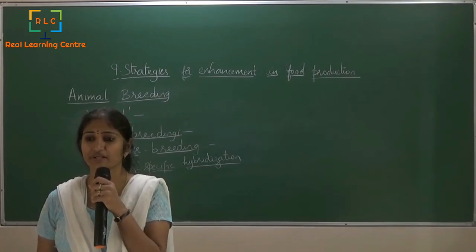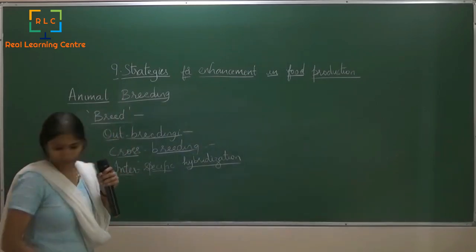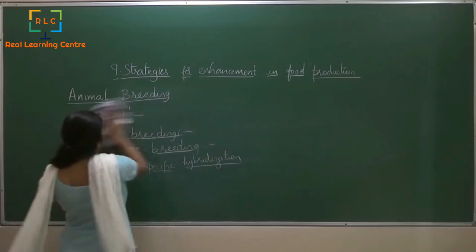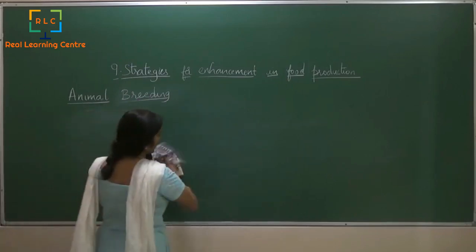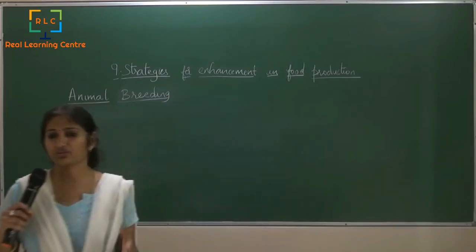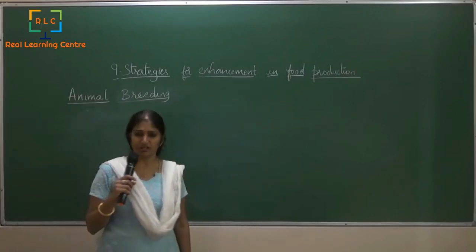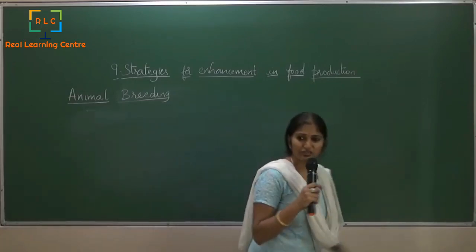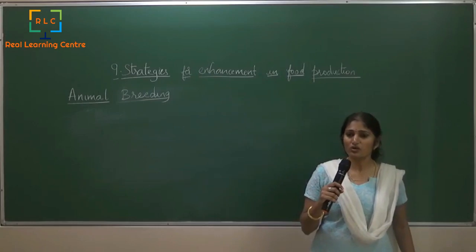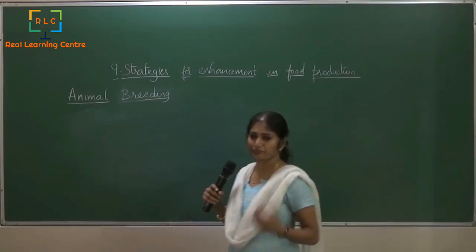So these are the different types of breeds and breeding techniques that are available right now. Now we spoke about how we can get different crosses, right? It can be in cross, out cross, interspecific, or intraspecific. We learned about all that. Now comes how exactly can we control this breeding, right?